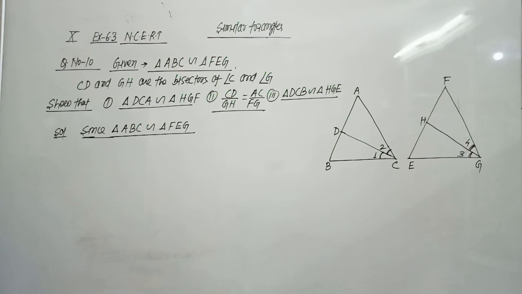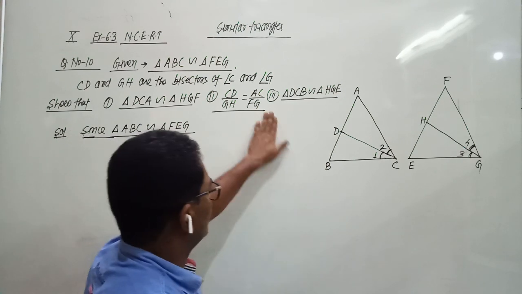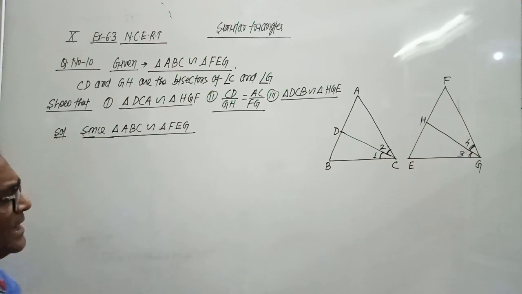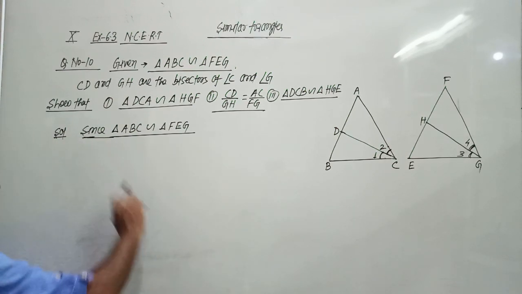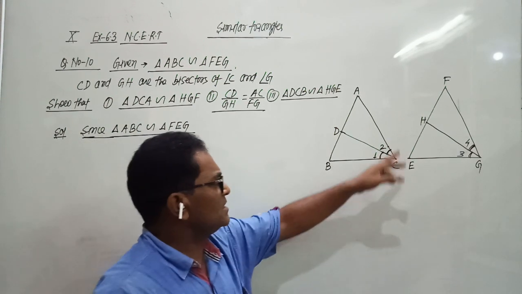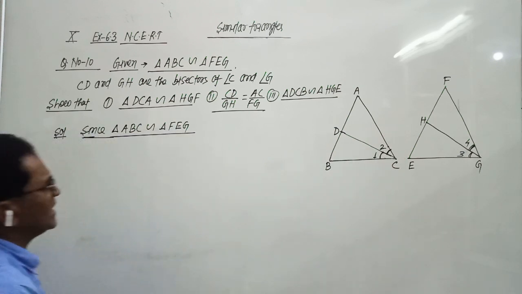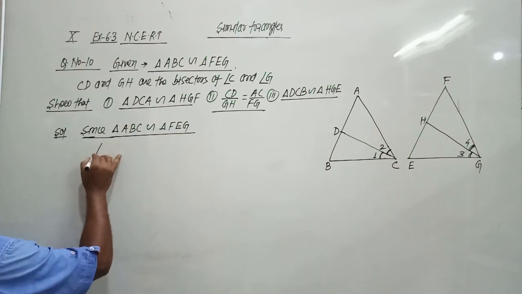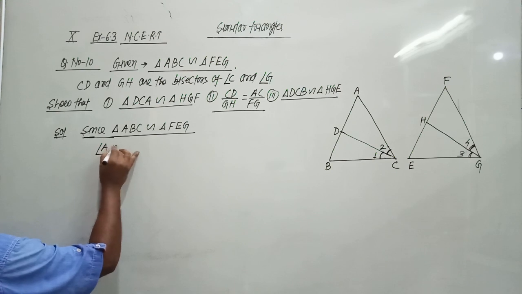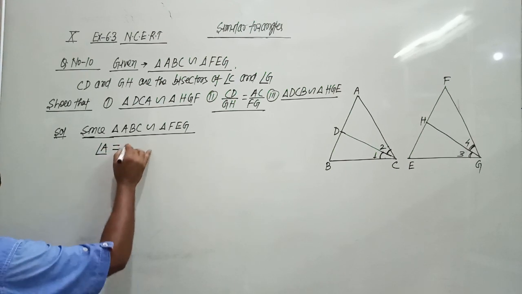And if two triangles are similar, then their corresponding angles must be equal. So since triangle ABC is similar to triangle FEG, therefore angle A equals angle F